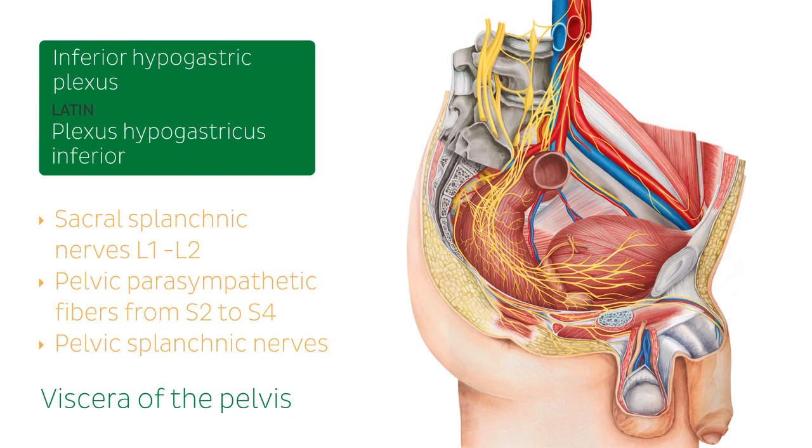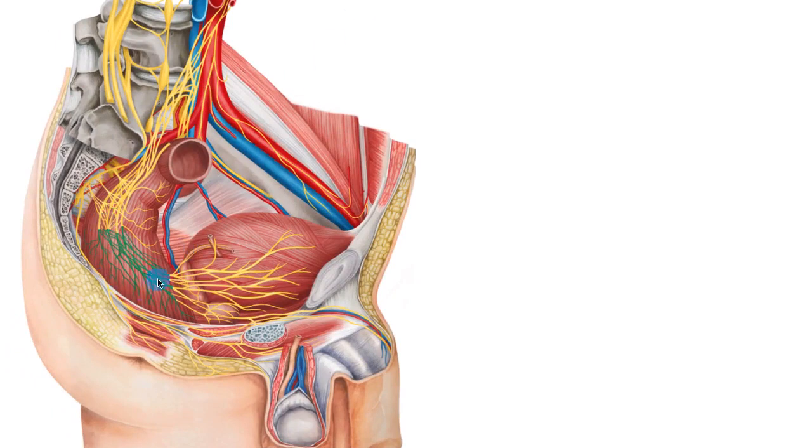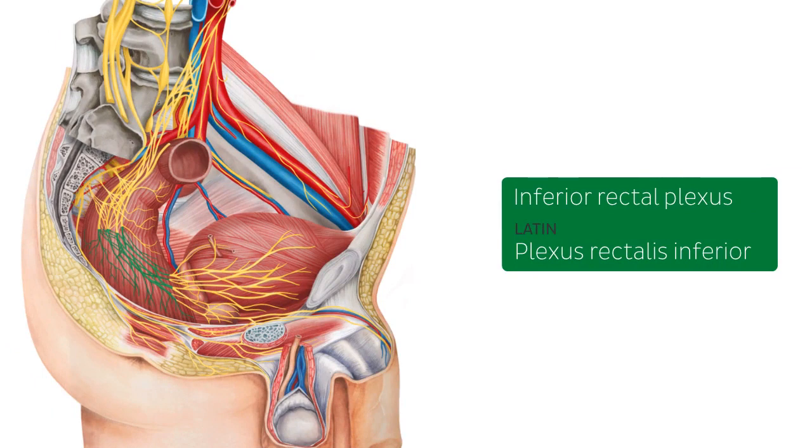Next slide will be this structure that you see here highlighted in green, which is known as the inferior rectal plexus. Now, some of the branches of the inferior hypogastric plexus form the inferior rectal plexus, which passes to both sides of the rectum. On this image, you can see they're located on the right side of the rectum. This autonomic nerve plexus, which is located around the branches of the internal iliac artery, provides innervation to the lower